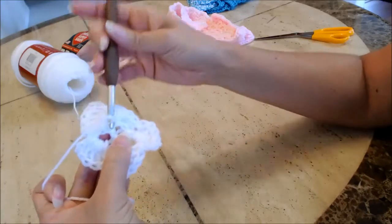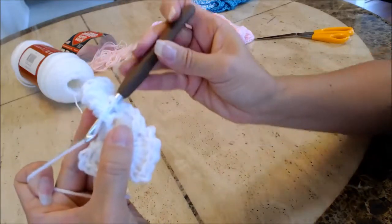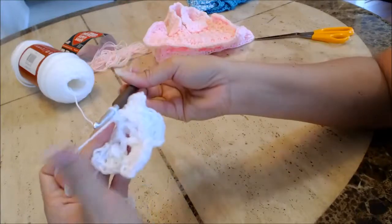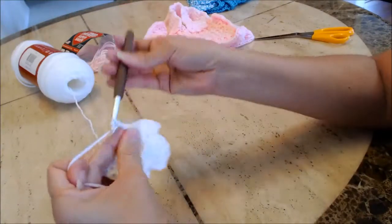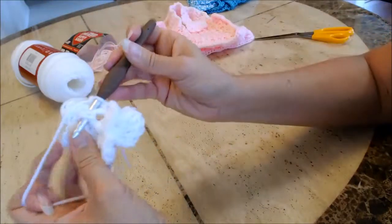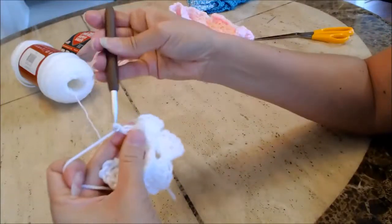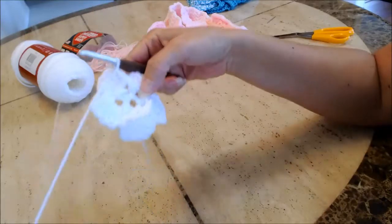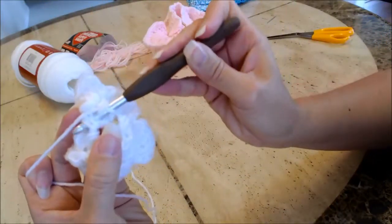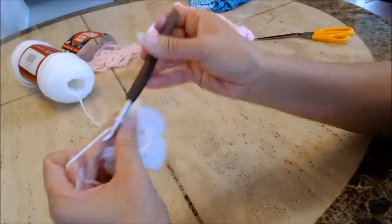and then you're going to go to the next spoke, go behind it with your hook, yarn over, 2 loops on the hook, yarn over, pull through both loops on the hook. Now chain 2, and then you're going to go to the next spoke, go behind it, yarn over, do a single chain, chain 2. Here's another spoke, go behind it, yarn over, 2 loops on your hook, yarn over, pull through, chain 2,